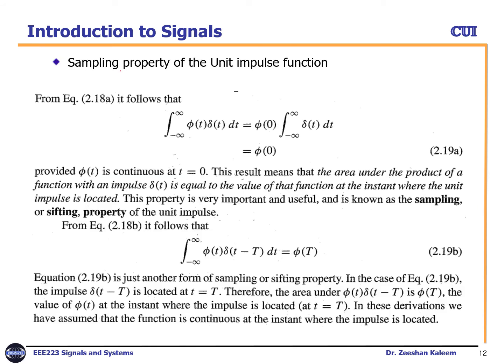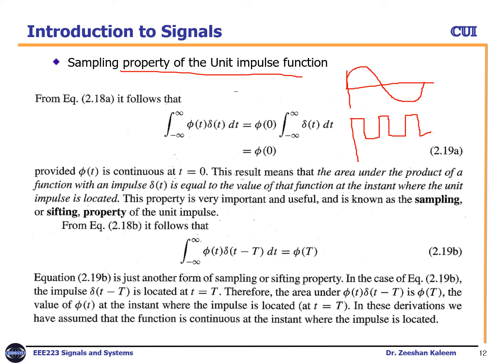Sampling property of the unit impulse function. Why is this so important in communication systems? The sampling, because whenever you convert a signal from analog to digital, for example, this is your analog signal and you would like to convert it into a digital signal like this, right? So there is a step from analog to digital conversion. The first step is the sampling. So how can we perform the sampling? This is another topic, but mathematically we can describe the sampling here as a unit impulse function.